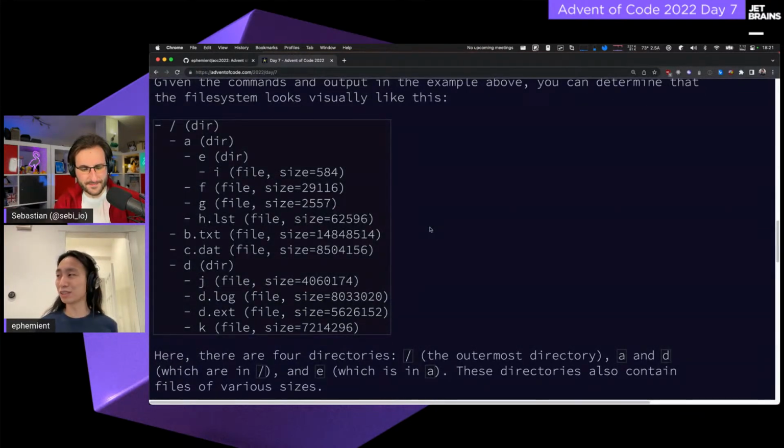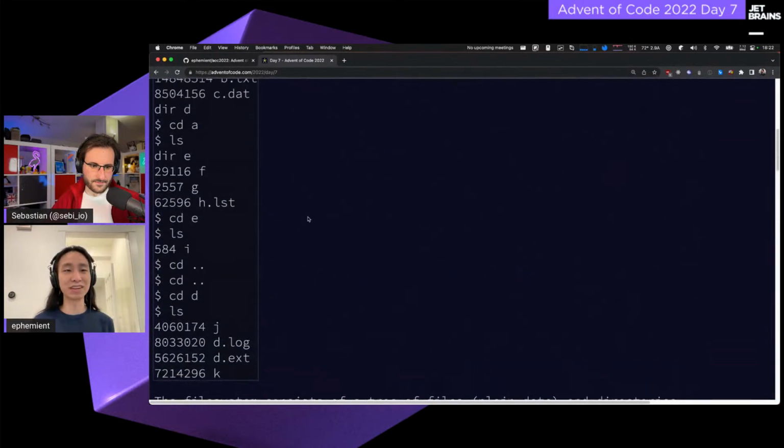As we work through it, we do have all of the information we need in the input because we know what our current working directory is at each point. You can check that everybody's input started with cd /. So it doesn't matter what your original working directory is. You always start at / and you list and go on from there.